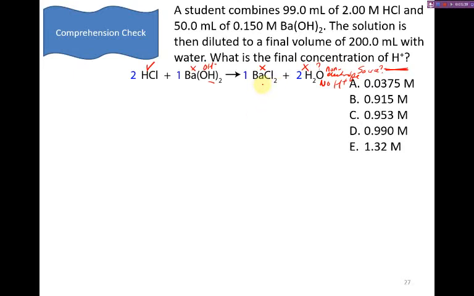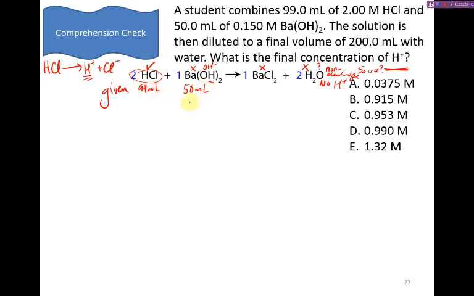So all we need to know in the end is what's the concentration of hydrochloric acid, if any. And the reason why is because we know that hydrochloric acid is a strong electrolyte. It's going to dissociate fully into hydrogen ions and chloride ions. So for every one hydrogen chloride molecule we have one hydrogen ion that's left over. Now that we have that down, let's try and figure out how much hydrogen chloride solution is going to be left over, if any. So we have given, we know that we have 99 milliliters of the solution and 50